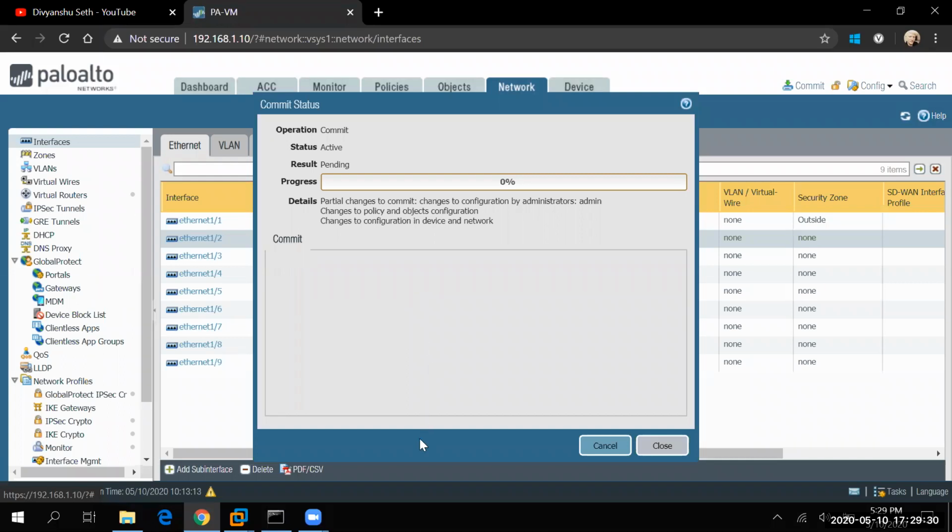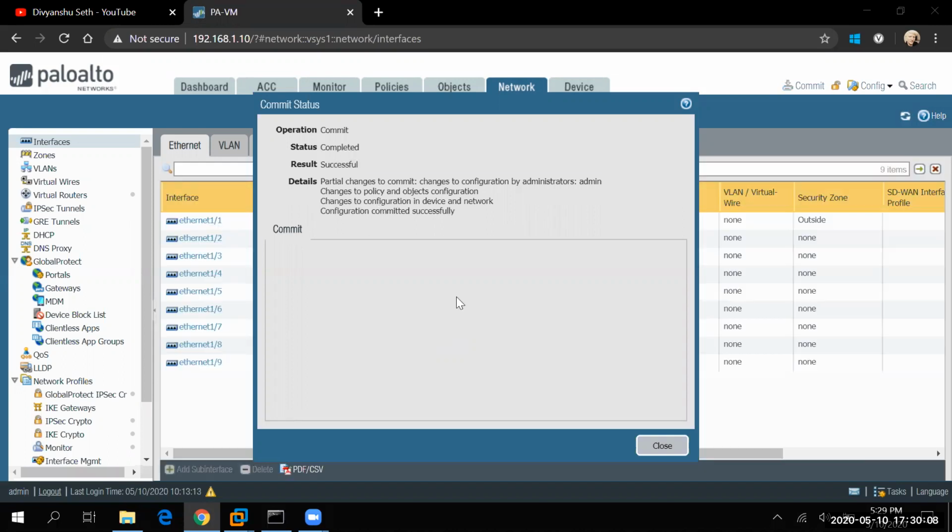So it is committing now, guys. Okay, the commit is successful.